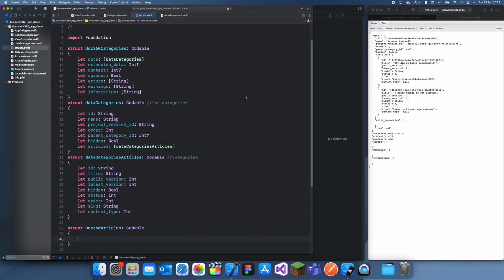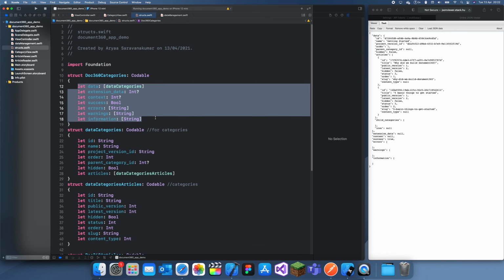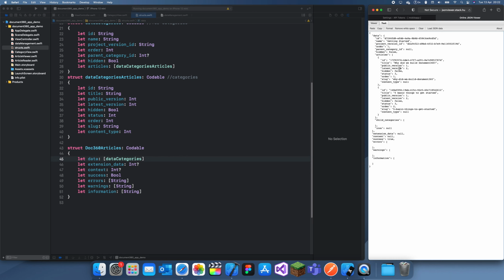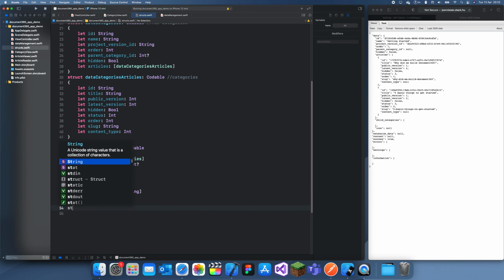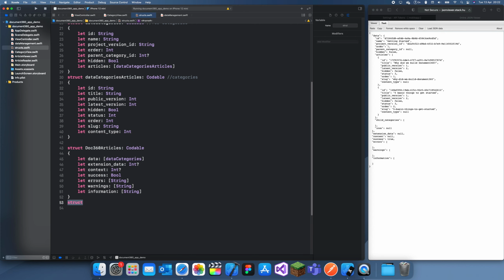And what we have to do here is we can just copy all of this except for the data, which we will need to change. So we'll copy this, and we'll have to change data, and now we can create a new struct for data. So struct data articles,